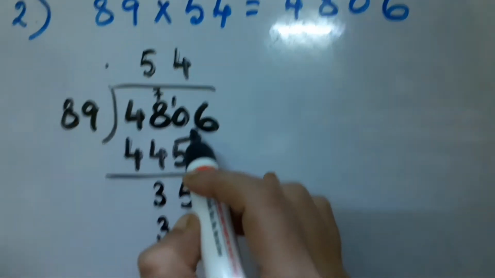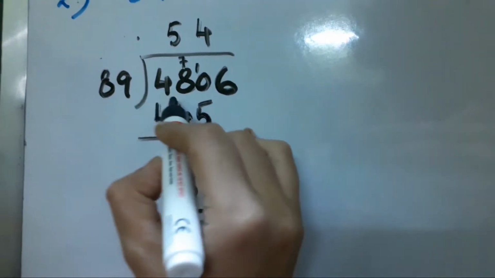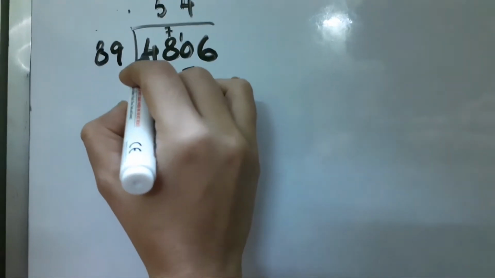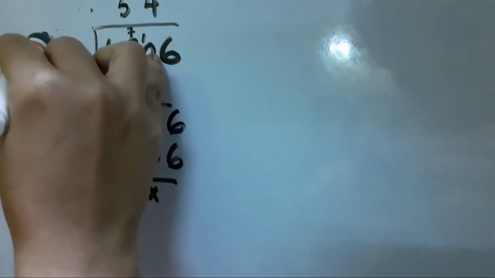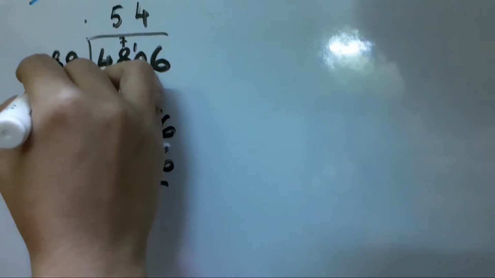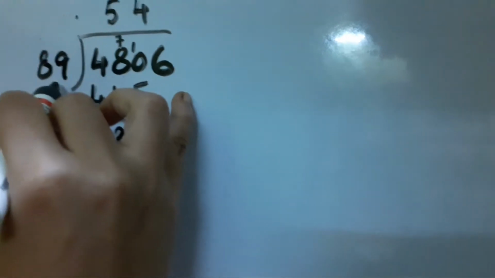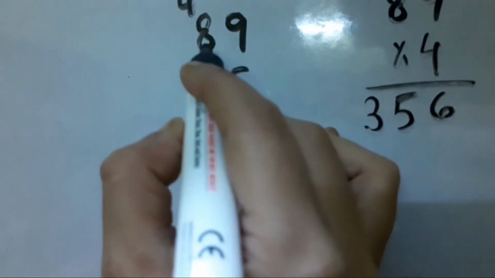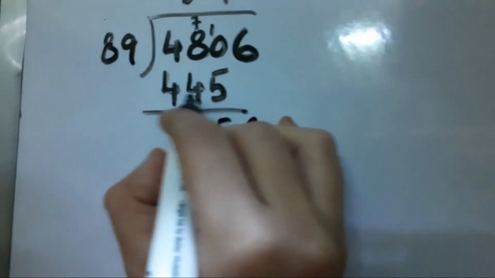At first we will divide 4806 by 89. 8 6s are 48. So we will multiply by 5, because you know children, 6 9s are 54, 4. If we carry 4 here, 6 8s are 48 plus 4, 52. 52 is greater than 48. So we will multiply 89 by 5 at first. 5 9s are 45, 5. 4 you carry. 5 8s are 40 plus 4, 44. Now we will write here 445.